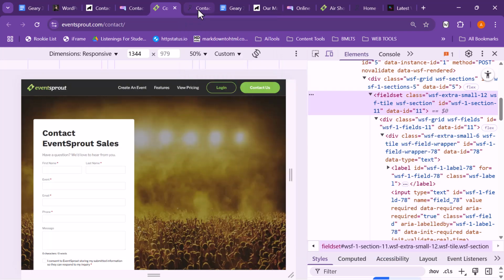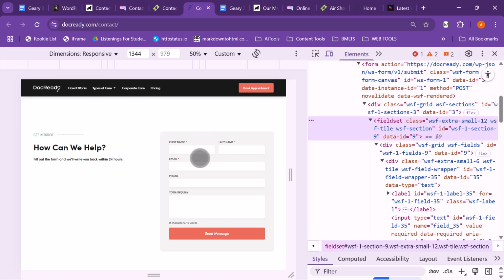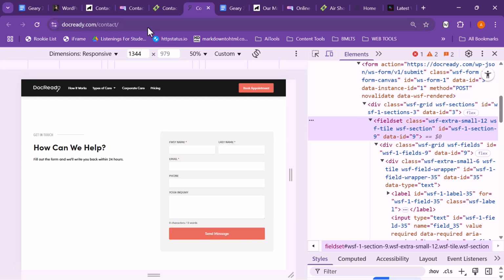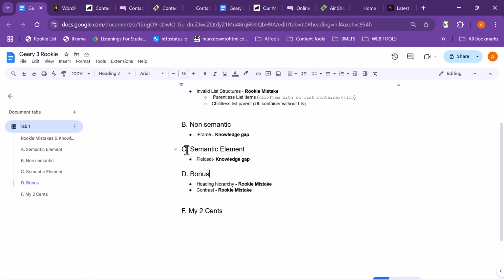And if we look at their contact page too, we have a Fieldsets being used with no legend. So unnecessary code, redundant code. Now, while all these are not accessibility fails, it's just a pointless use of Fieldsets. So I think what is next on our agenda